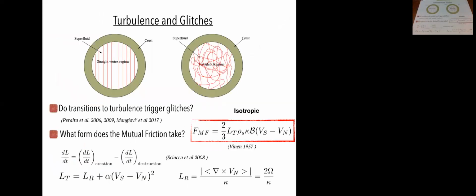And so you expect this transition, and this is possibly relevant for triggering glitches as well. So you may expect that you start to build up this lag between the superfluid and the normal component. You start off with a straight vortex array, but then at some point you transition to this, so you have an exchange of angular momentum, and the coupling timescales also become very different. This has been suggested by various authors. I think Andrew will discuss it in more detail in his recorded talk, if you have a look.